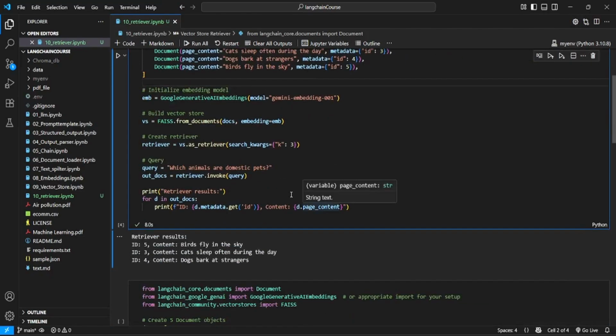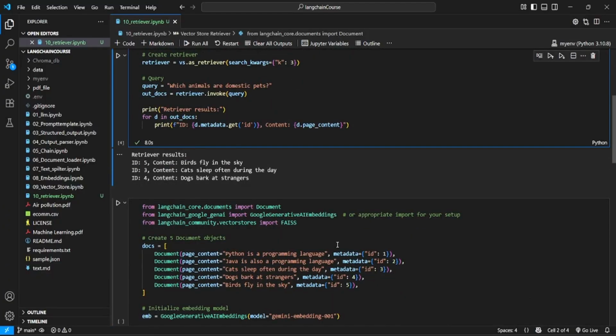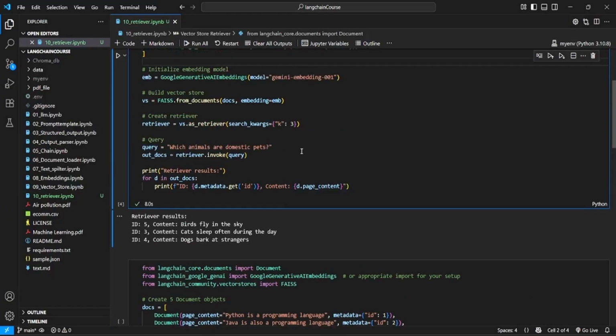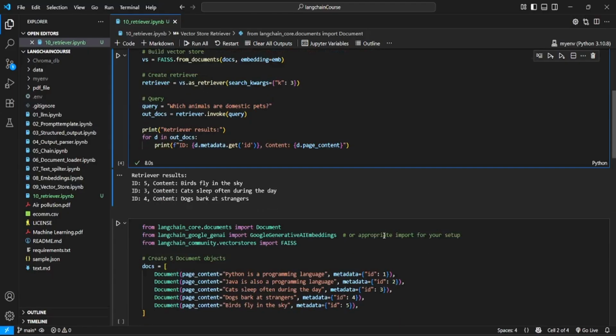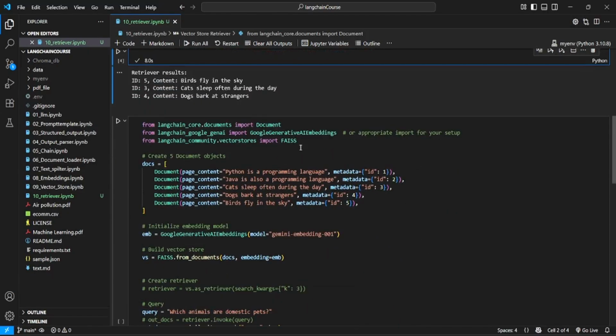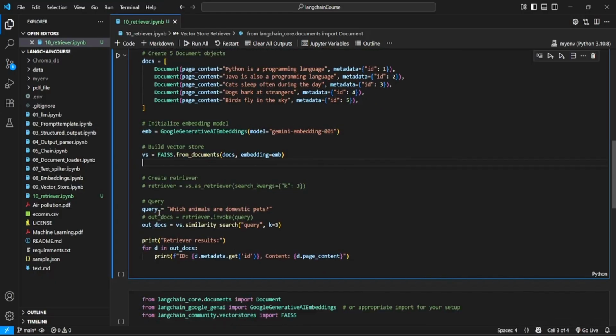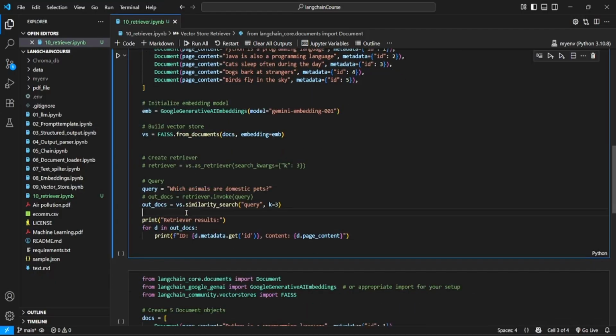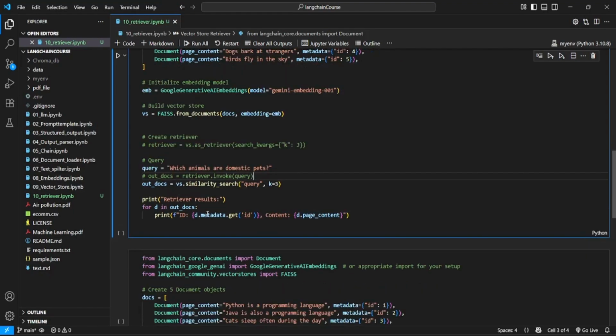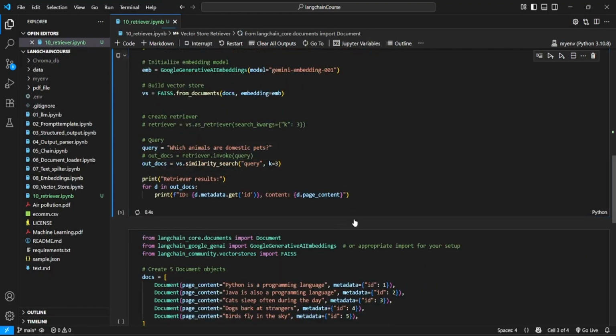Now see, in our previous class I have already shown you this similarity search operation also performed by the vector store. So see, this is the example. In the same way, this is our vector store, and this is our query, and we are performing similarity search. You remember in the last class I showed this example: vector store dot similarity_search, where we pass our query and we want the top 3 documents. Now printing our documents. Now see, if I run this one,